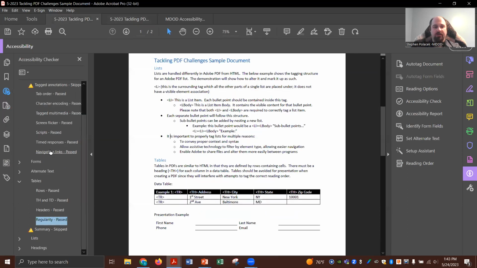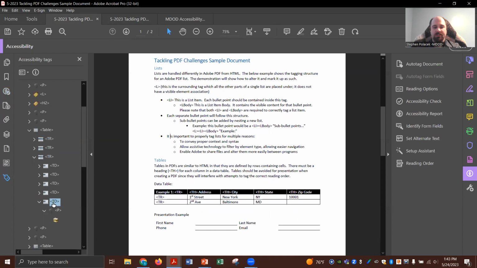So that's where having that empty cell, we need to still have it in the tag structure, because if that cell was in the middle of here, because for whatever reason I didn't have a city for the address or something, I would still need to maintain the same number of columns. Otherwise, the reading of the table gets messed up because you go down a row and then you go over, but then there's no cell, it'll say end of table, but then there's 2 cells on the next row and that kind of thing. So in order to maintain the structure of the table, you need to mark up the